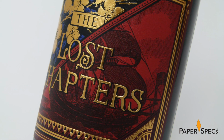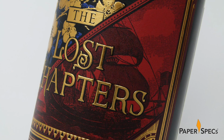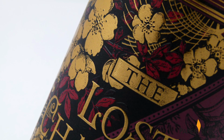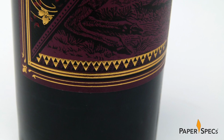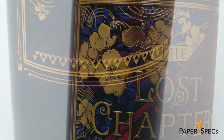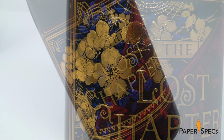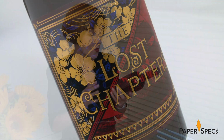To create a sensual delight for the fingertips, two different kinds of embossing were used on the front of the label. A highly detailed sculptured emboss for the flowers in the upper left quadrant, and a domed emboss for the logo mark and border. A generous layer of gold foil on the foliage and lettering complete the effect of a cherished volume plucked from a well-appointed bookshelf. What is truly remarkable is that this vintage look was created using a decidedly 21st century technology,